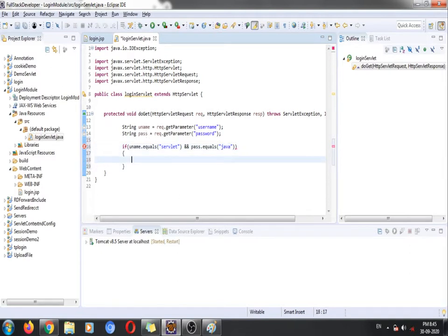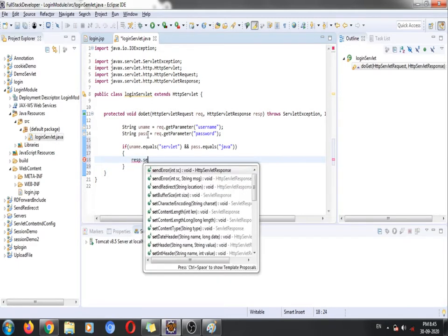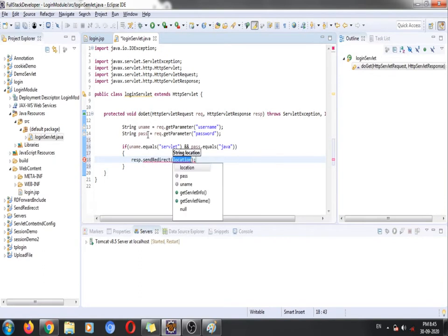Okay, then we are expecting to go to our application. That is nothing but one welcome file, right? So now I am going to redirect my control to another file, that is nothing but my welcome.jsp file, right? So here we need to write that file.